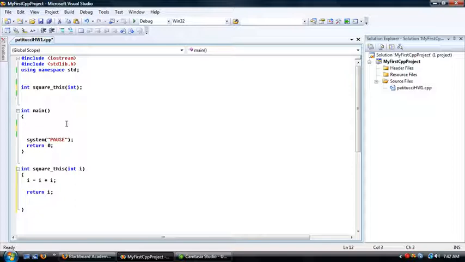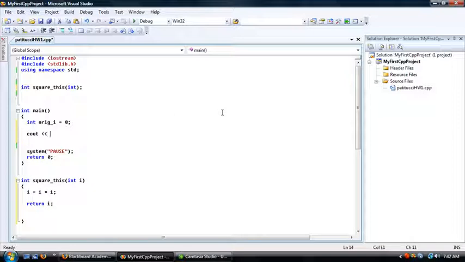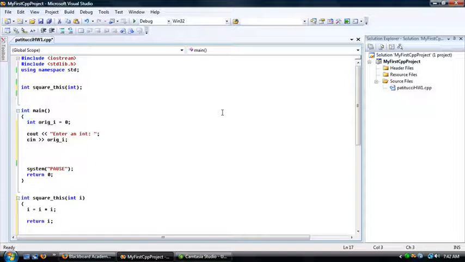So let's get a number from the user, and then we'll pass that to the function and square it. So I think what I'll do is I'm going to call this variable in main original I. That will be helpful later when we talk about a pass by reference. And we'll say enter an int. And then we will put that int into original I. And then why don't we just display the answer to the user? You may be tempted to call the function like this,